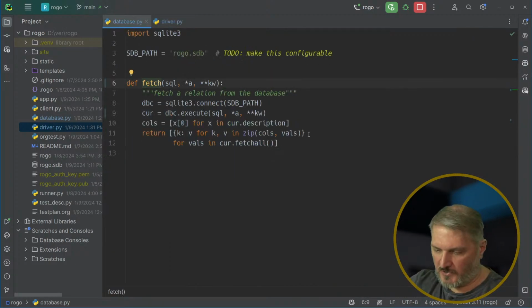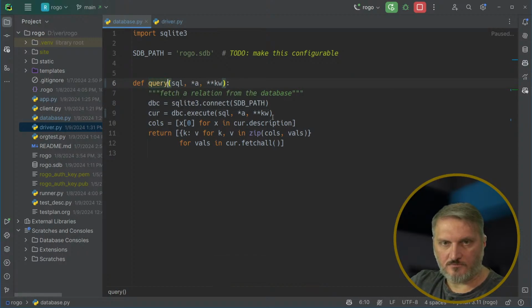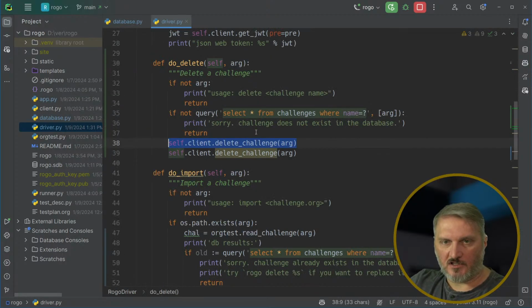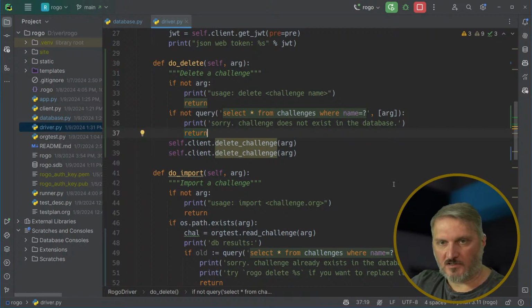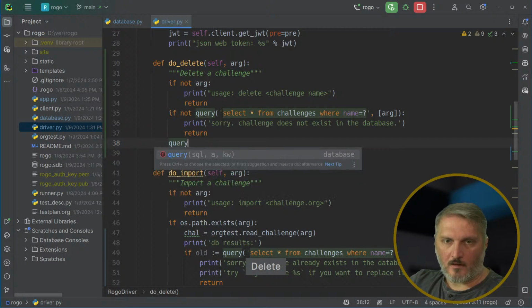A query cannot be an imperative in English, but it can be in SQL. Query select star from challenges where name equals blah blah blah. And then we'll just say query,